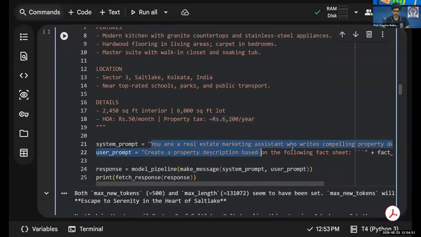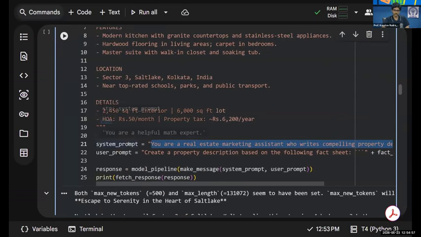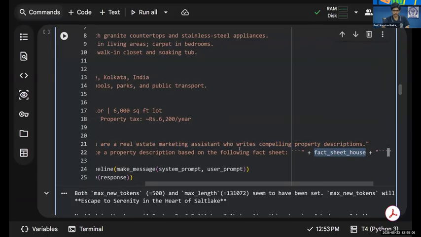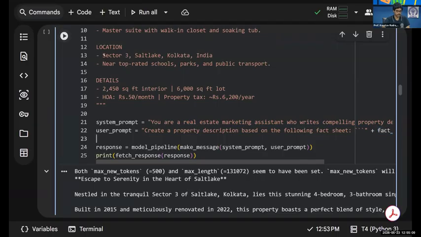You are a real estate marketing assistant who writes compelling property descriptions. That was the system prompt. So now the user prompt is create a property description based on the following fact sheet, and then we are giving it the fact sheet. Okay, so this is the user prompt. So if I run this cell,